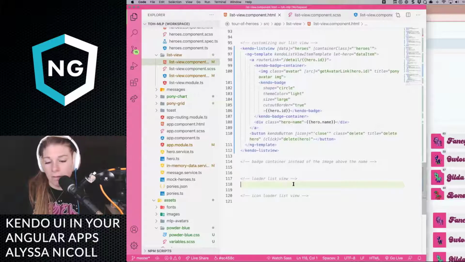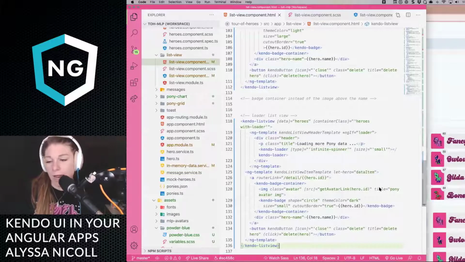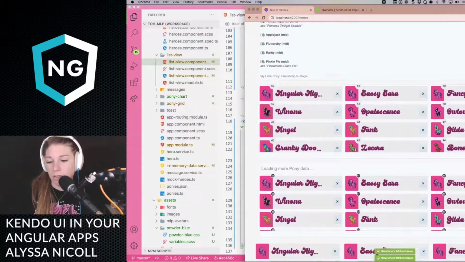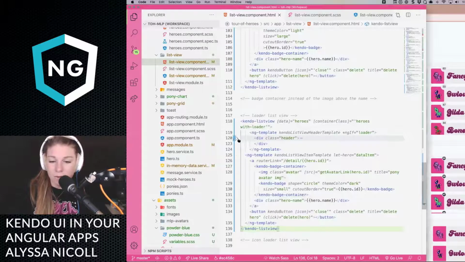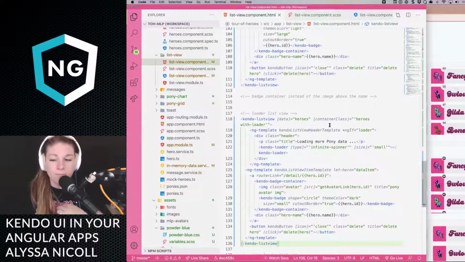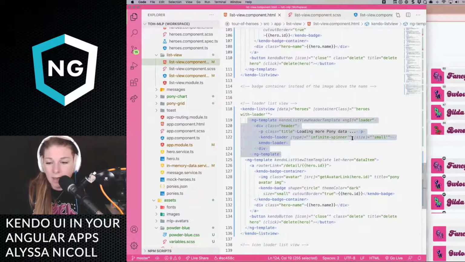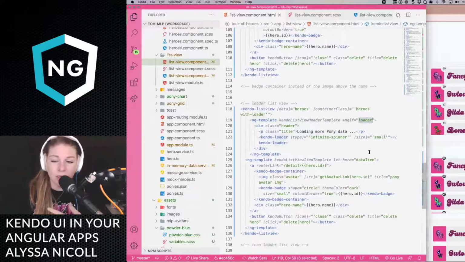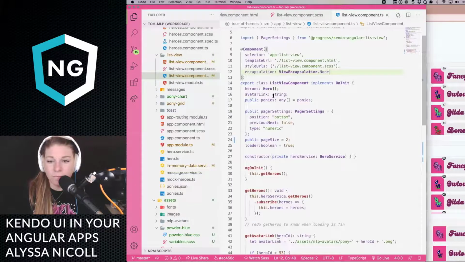We also have the ability to add loaders for whenever data is loading. So I thought it would be cool if the header changed to say loading more pony data and then it had this loader. So if we go here, you can see that I'm using the customizability of the list view with ng-template to add an ng-template up here if loader is true. Right now, loader is always true. So we can go back over here and set,